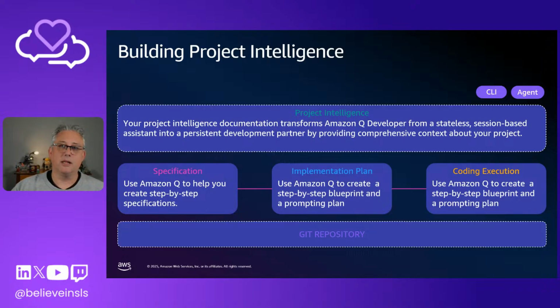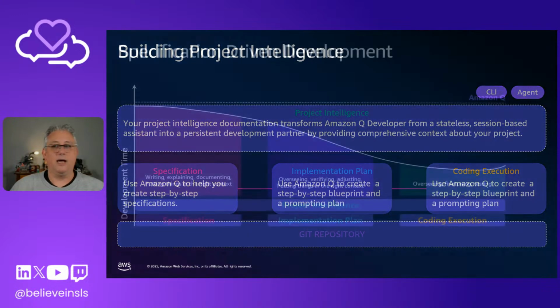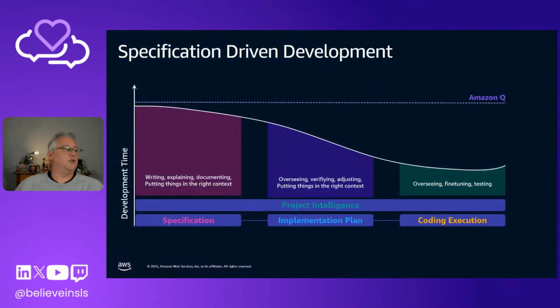We're getting more intelligence about what we're building. And it becomes your Git repository, and folders within your Git repository become the memory bank of what you're building, and also where it's up to. And you can control a lot of this. And as we go through and get better with AI assistants, we're really going to start driving this whole idea of specification-driven development. And this is what we need to be working on: specification-driven development.